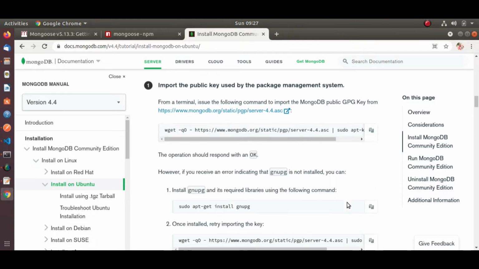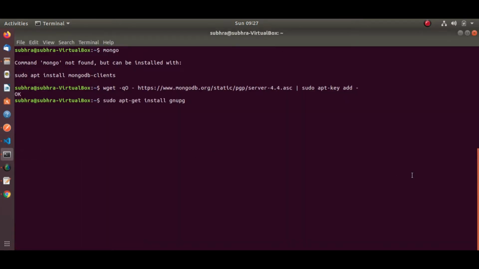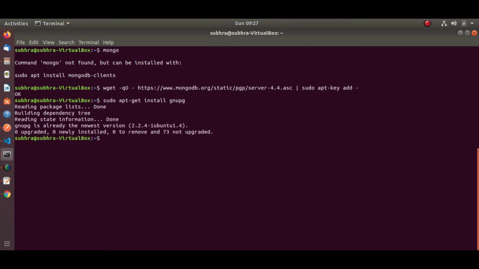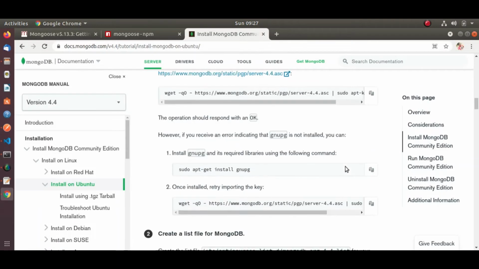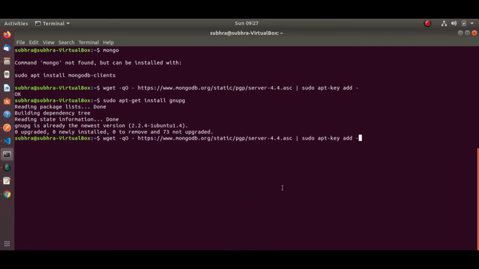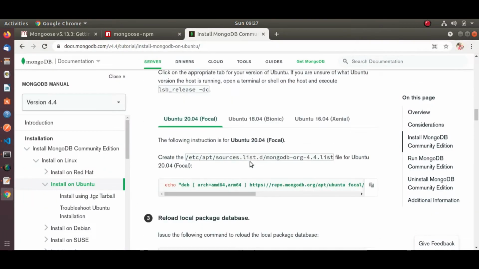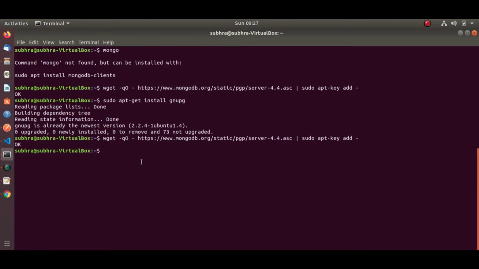Follow all the steps accordingly. Here I am using Ubuntu 18.04, so I have to copy this step and paste it in this terminal.